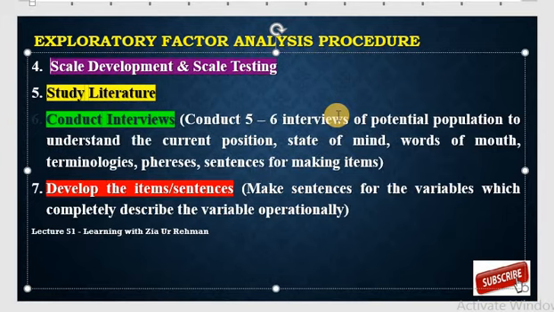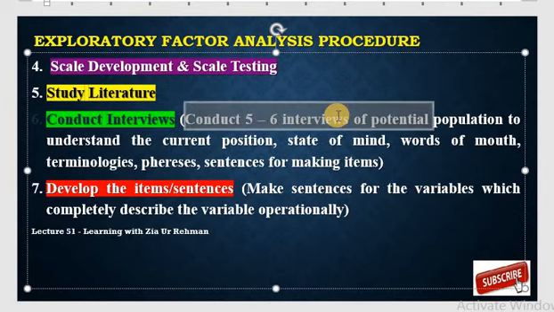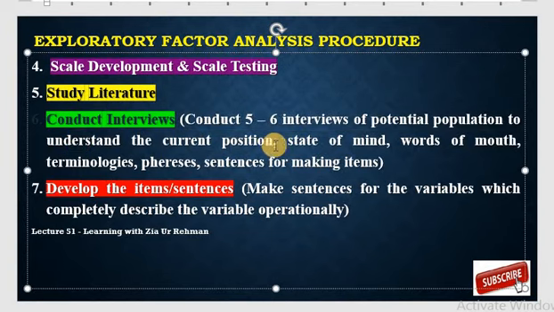If you are developing the new scale, you need to study the relevant literature. You need to conduct at least 5 to 6 interviews from the potential population, to understand the current position, the state of mind, the words of mouth, the terminologies, the phrases, and the sentences for making the items.